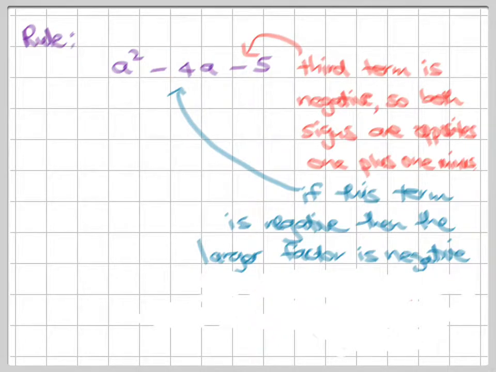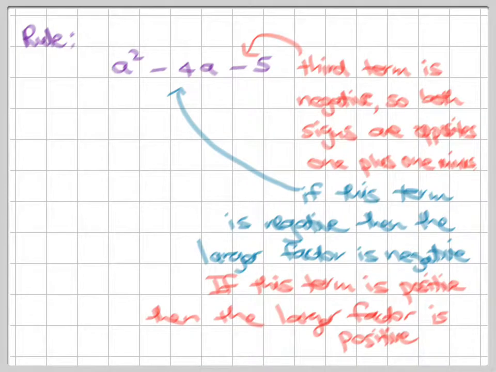So let's go do that. And if the term in the middle is negative, then the larger factor is negative. And if the term in the middle is positive, then the larger factor is positive. So it depends on what that term in the middle is in terms of its sign. And then the bigger factor will take on that sign. So let's factorize this one. It will be